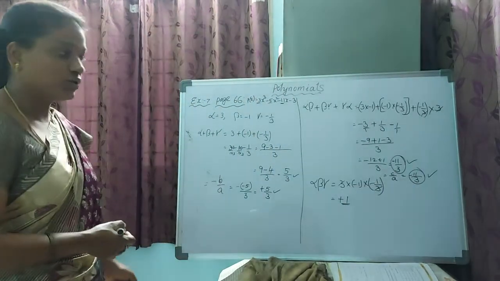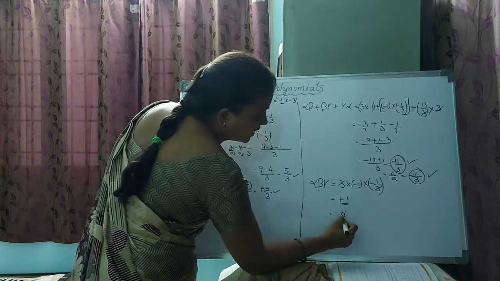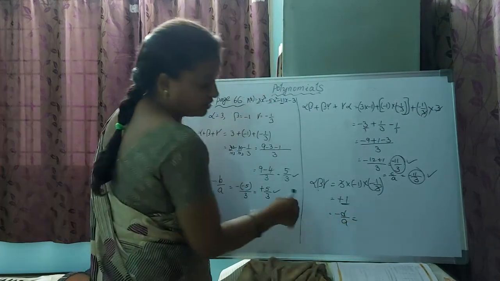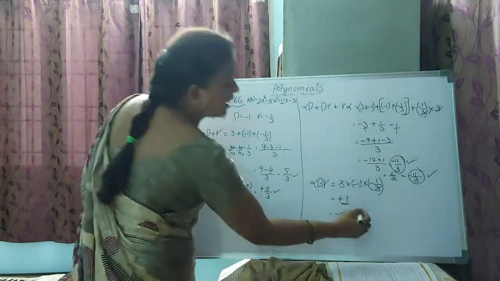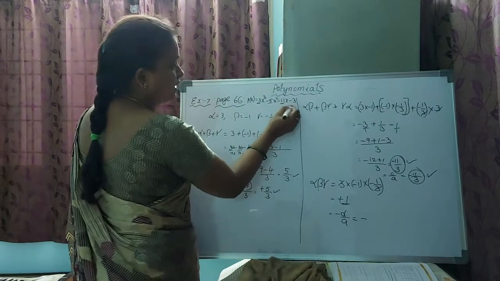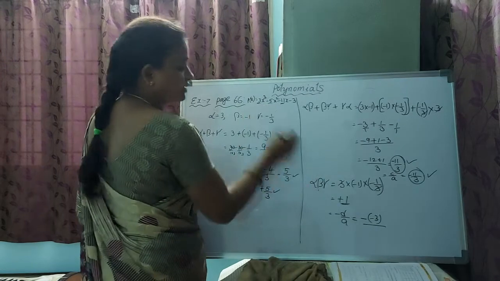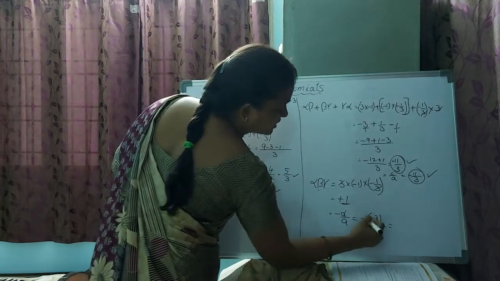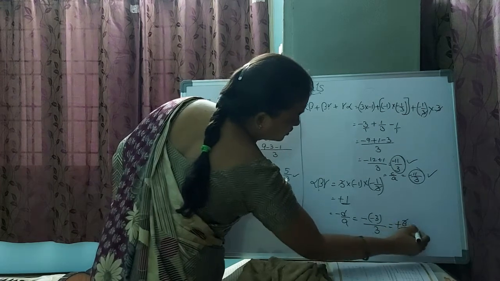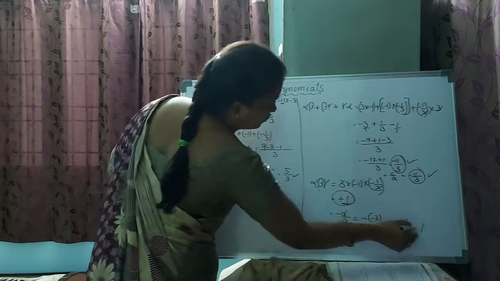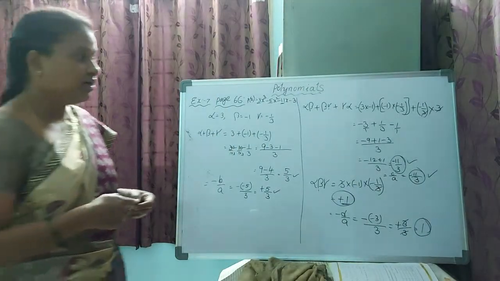The sum of the product of these zeros of the polynomial equals the value according to our coefficients also. Now, product: how to find it? Minus d by a, according to our coefficients. According to the coefficients, this is the formula. So minus, what is d here? Minus 3. So minus 3 by a, which is 3. So minus into minus, plus 3 by 3. 3 ones, 3 ones. So 1 is the answer. Here also 1, here also 1. According to our coefficients also it got verified.